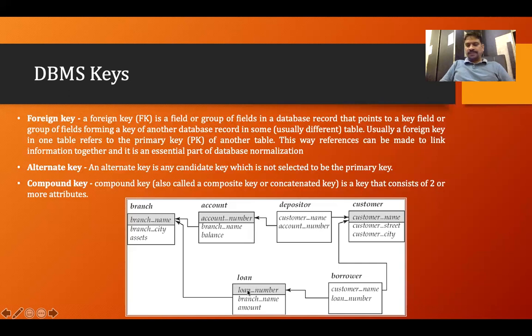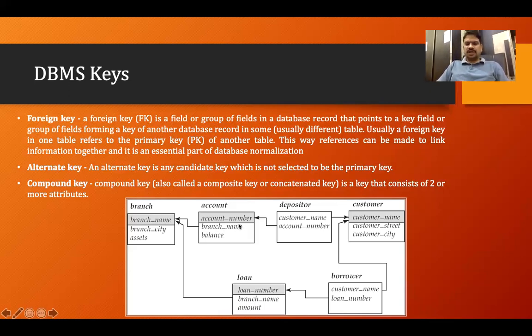Now in the same way, loan. We have a loan table. Loan number is the primary key and branch name is the foreign key here. Getting it? Because branch name is the primary key in the branch table. So how are these three tables related to each other? Because in one branch of the bank there may be an account or there may be a loan account. So account is, let's say, your normal account, and loan account is your loan account, right? So in one branch of the bank there may be two types of account. One is the simple account, another is the loan account, right? In both of them, branch name is the common one.